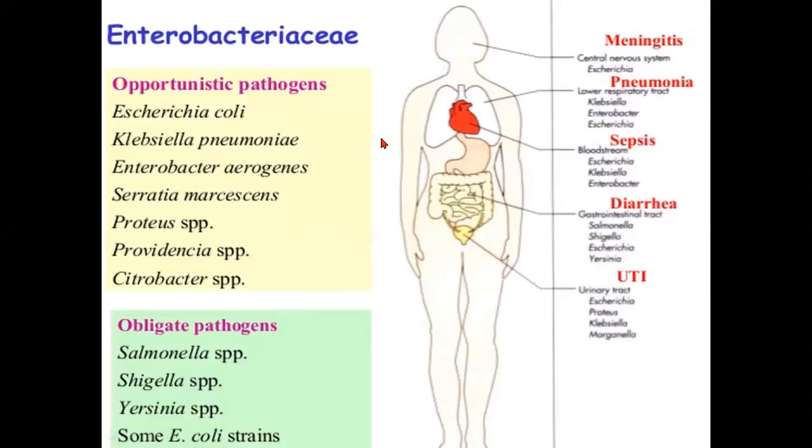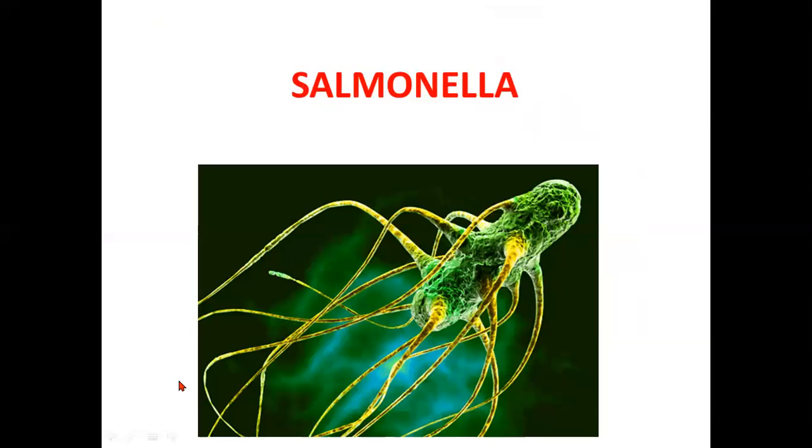I believe we've already looked at E. coli and several other Enterobacteriaceae, and you've now appreciated they don't just cause gastrointestinal issues. They can cause other complications depending on how they are disseminated: UTIs, bloodstream infections such as sepsis, and even meningitis and pneumonia, depending on the diagnosis and the route of transmission. So I believe you're now quite familiar with some of these pathogens, and today we're going to look at Salmonella and Shigella. So starting with Salmonella, first of all, this is an electron micrograph, as you can see on the